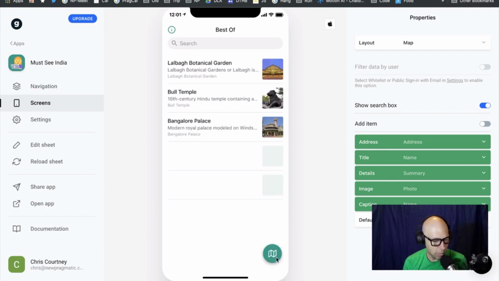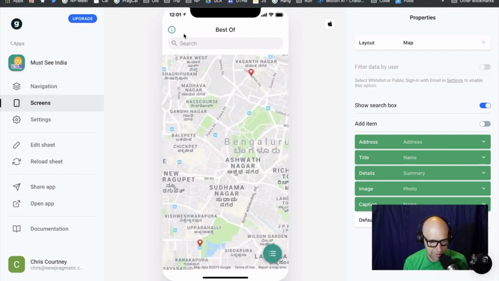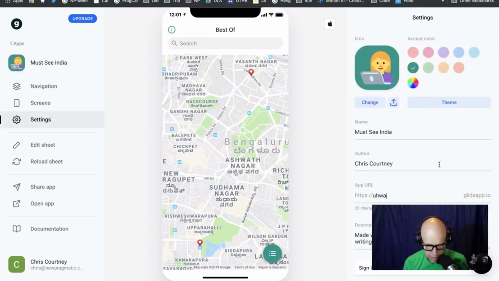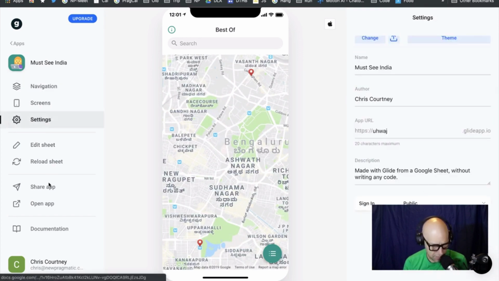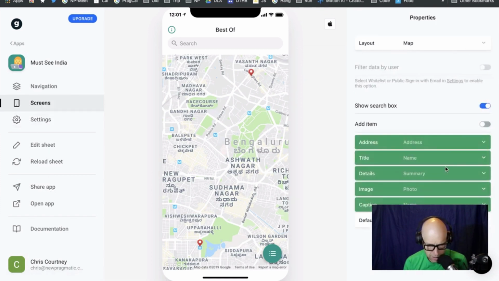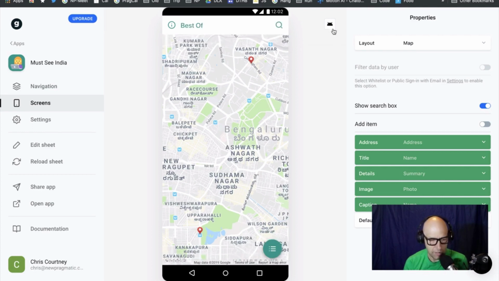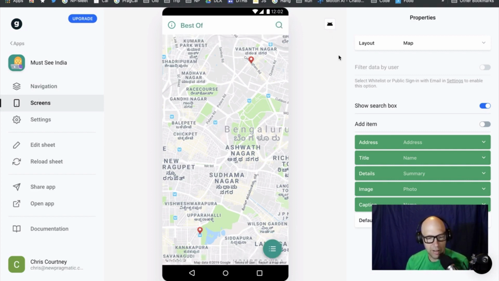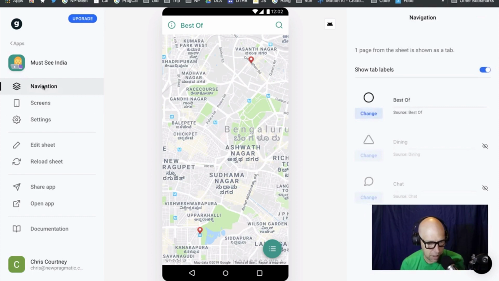The other thing I want to point out really fast is that this is for iOS. If I come over here to navigation, and I think I can change this. Let's see. There it is. So there was my map for Apple. Here's my map for Android. And if we come back over to navigation,